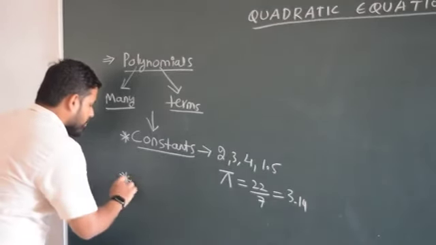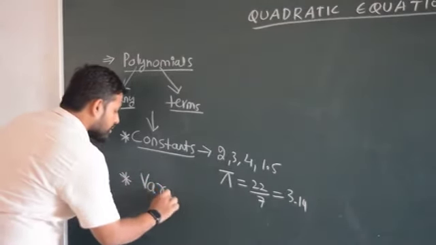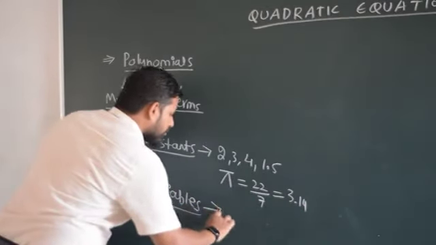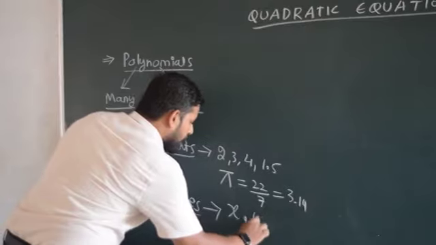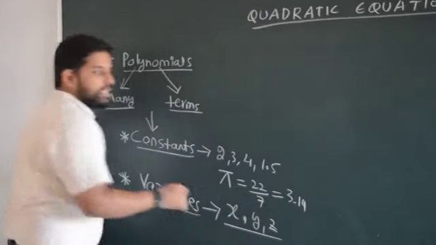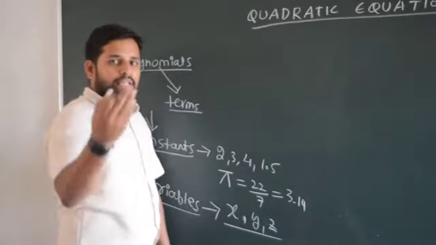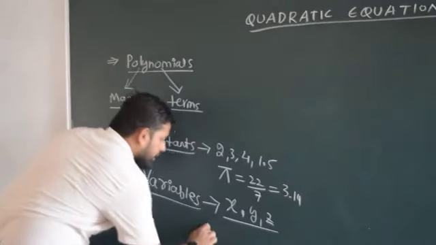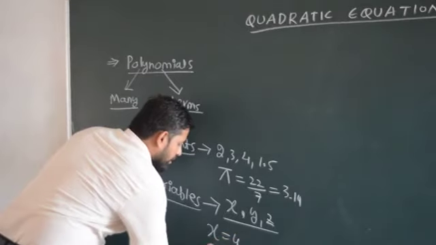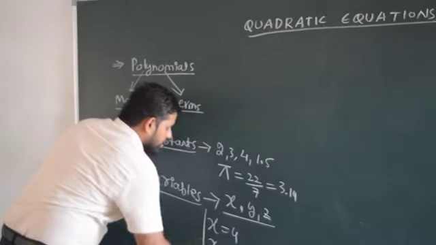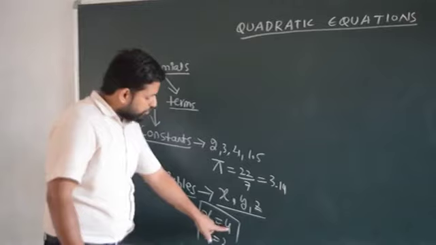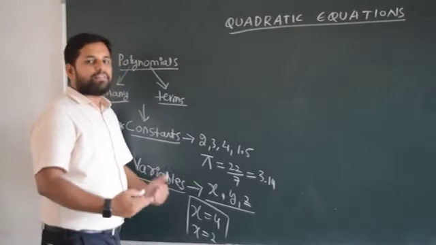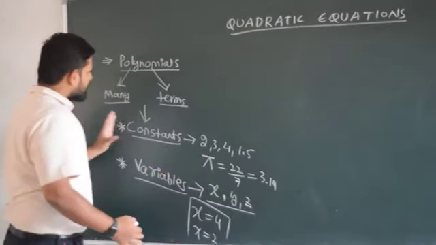And another type of term is going to be variables. We talked about variables, no? So what are the symbols usually we use for variables? They are going to be x, y and z. Usually we use x, y, z. You can use a, b, c, p, q, r. That is also there. Now if I write x is equal to 4 or if I write x is equal to 2, right now x is taking the value 4 and here x is taking the value of 2. That's okay. x can have different values. So that is regarding your polynomials.